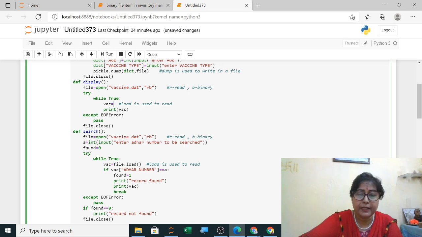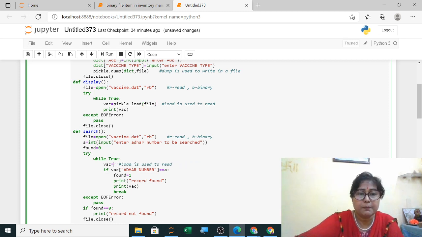It is pickle.load, and in this you have to mention the file, so it will be file. Here in search also I have made the same mistake.